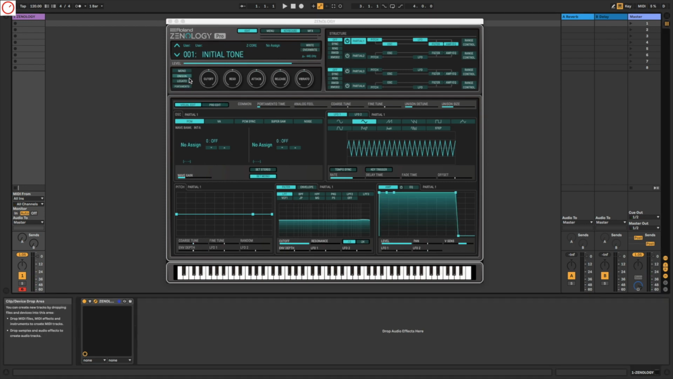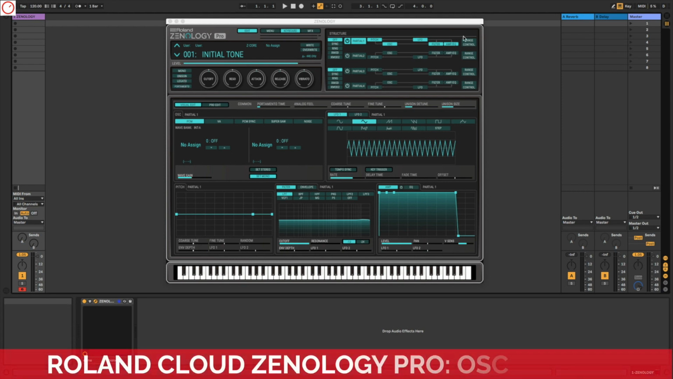And for each patch, you have here also 5 microcontrollers. You have cutoff, resonance, attack, release, and vibrato. That's quite handy. Then you can change the sounds from mono to poly, unison, legato, and portamento. For each part, or in